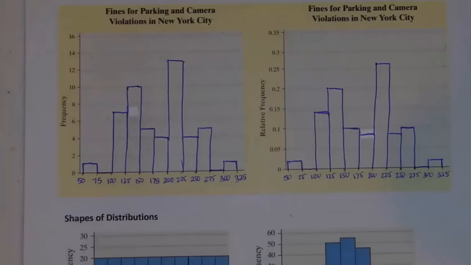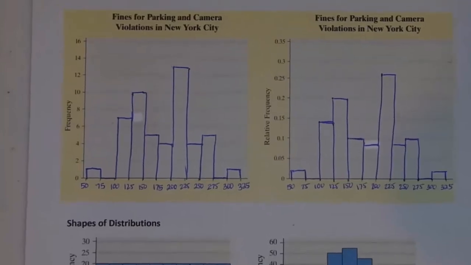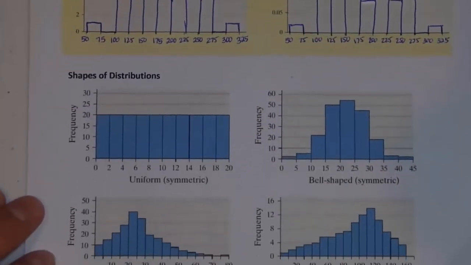Now, one benefit of putting our data into a histogram is it allows us an opportunity to describe the data. This is going to be really our first description of data. So we call this a distribution of data. Okay, we have a distribution of data. Now, when we create a histogram,